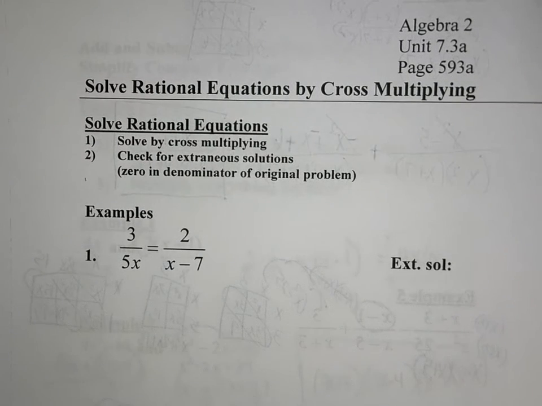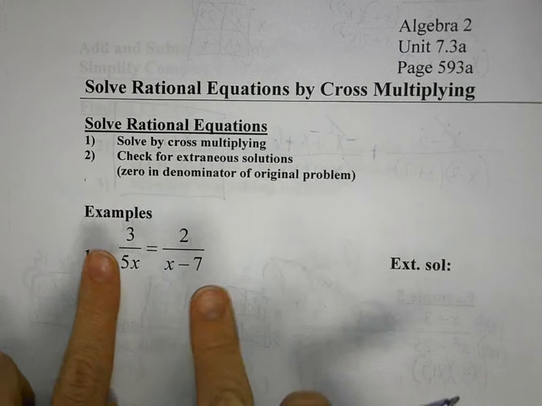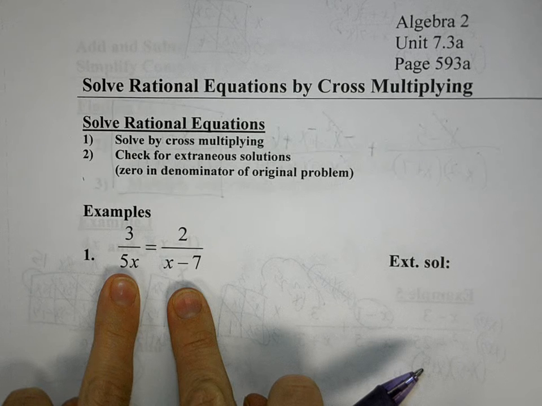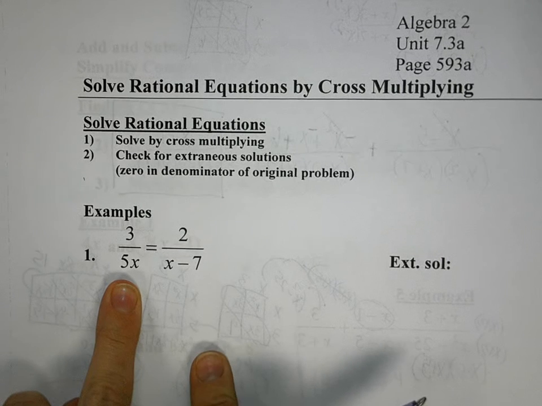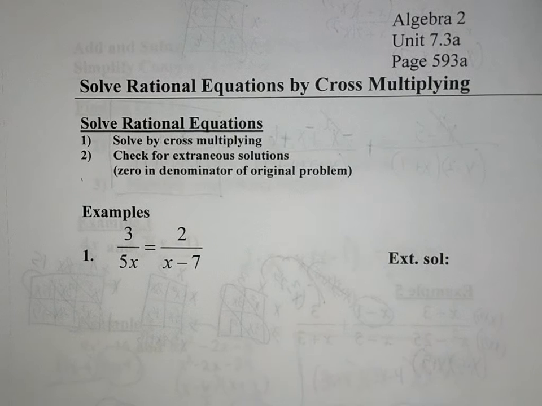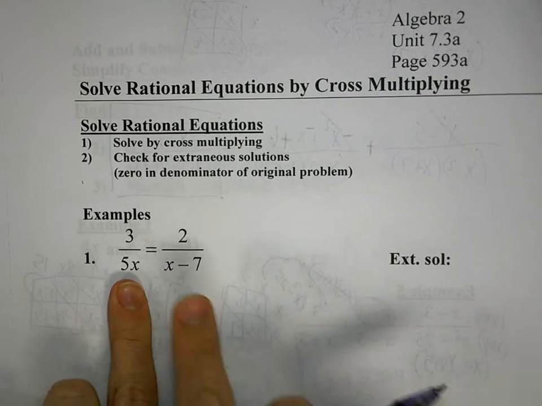Today the notes are 7.3a. We will be solving rational equations by cross multiplying. Whenever you have one fraction on each side of the equal sign, you can cross multiply and get rid of your fractions and solve. The one thing that we have to remember though is that any time you could possibly